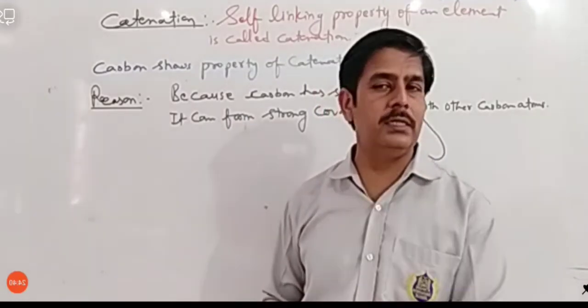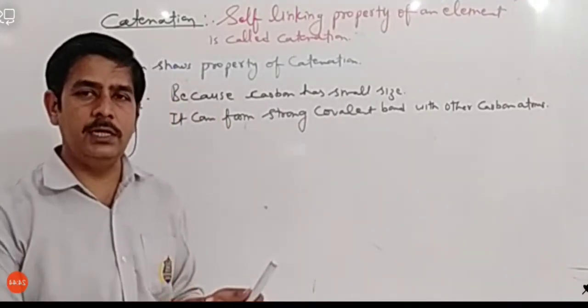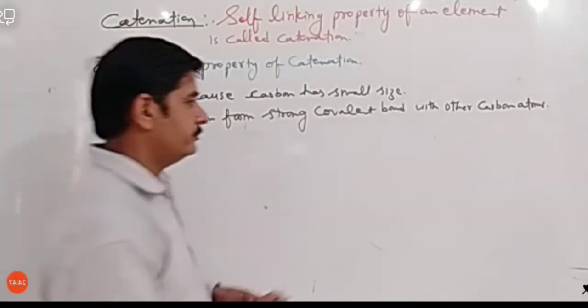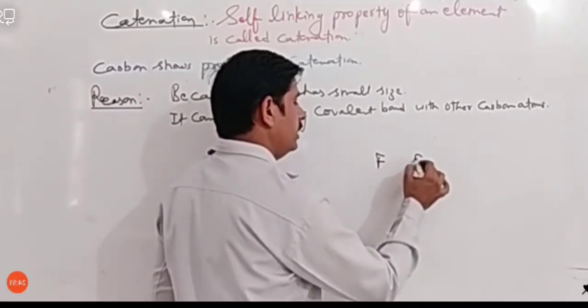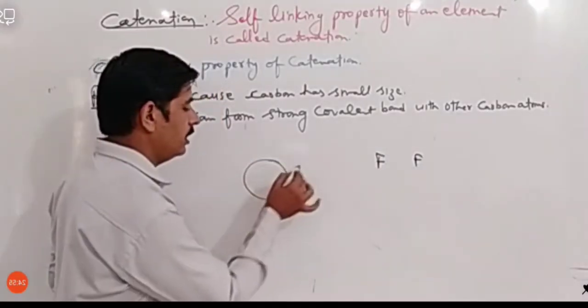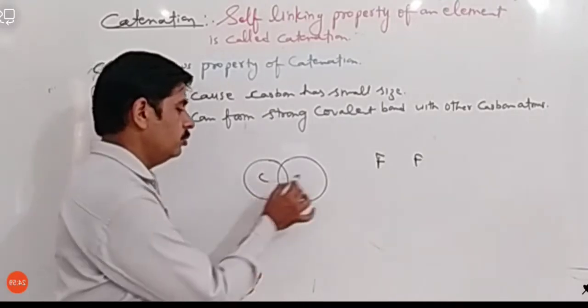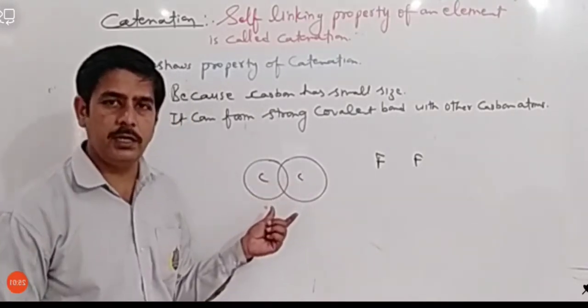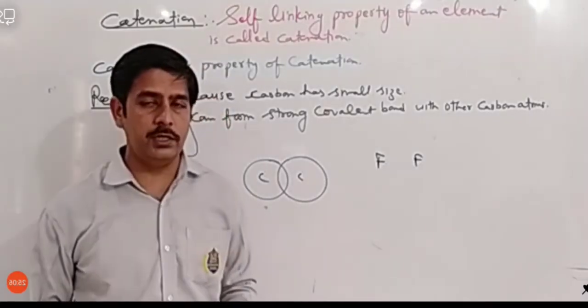Actually, what is the reason? Let me explain you, but it is beyond your syllabus. I am just telling you for the curiosity. Okay. Let me take the example of fluorine. Actually, fluorine has very small size, and as I said in terms of carbon, that carbon can form covalent bond easily. आपस में कार्बन कार्बन दो कोवेलेंट बॉन्ड बना लेते हैं, that's why they are showing the catenation property. But fluorine is smaller than carbon, so why it does not show catenation property?